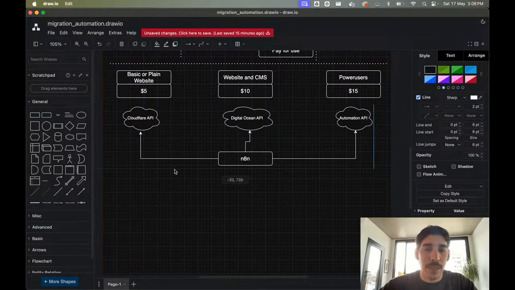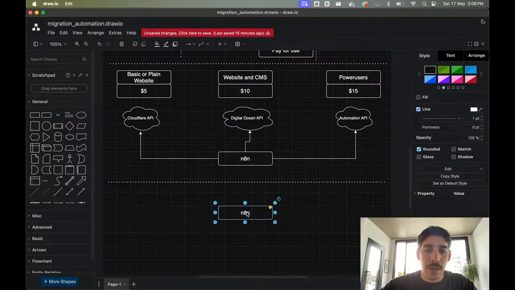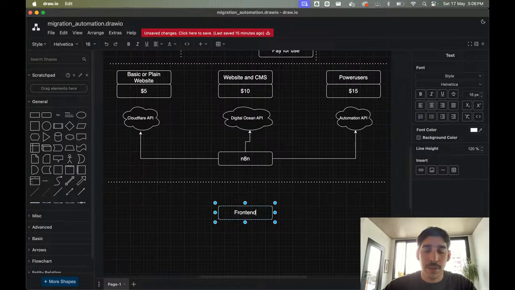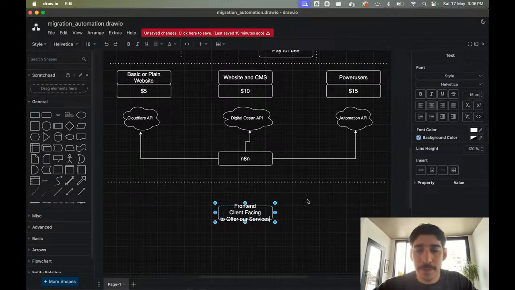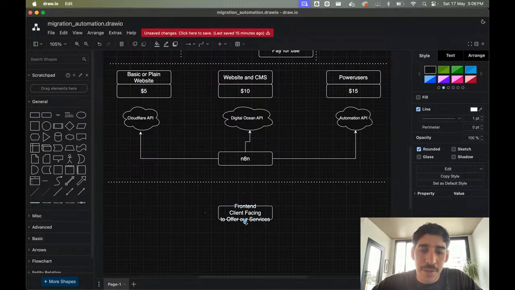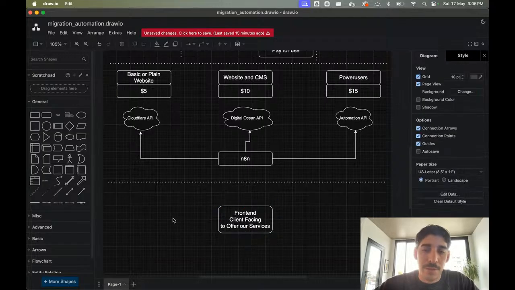Then we could make another division about this, in which we are going to have a front end. How can we call this? The front end, the client facing, to offer our services. So this is something else that needs to be built.